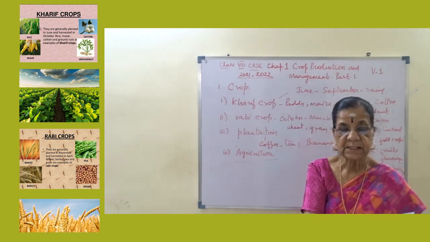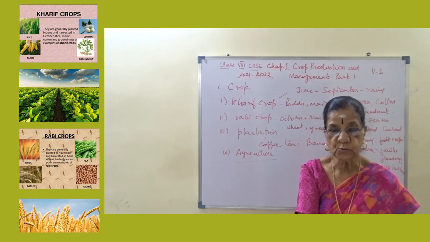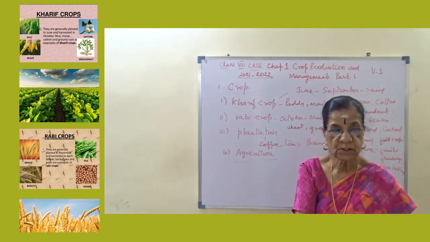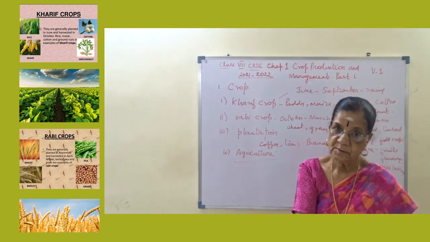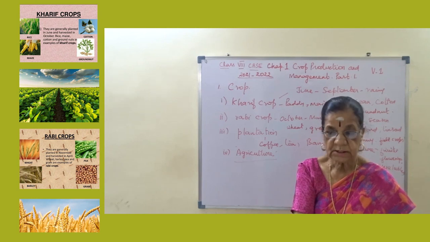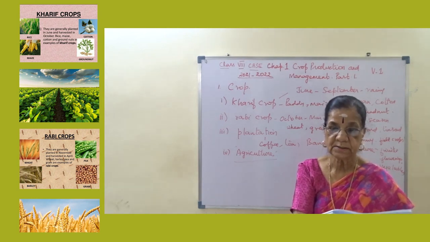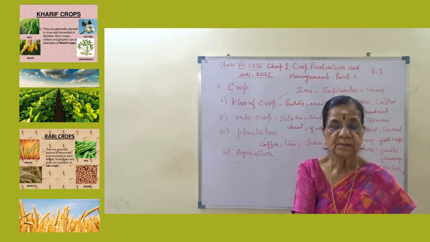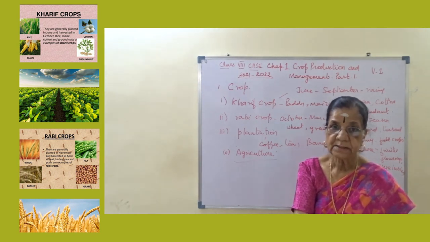Then pulses include legumes such as chickpea, gram, chana, pea, black gram, that is urad dal, and then green gram, pigeon pea,